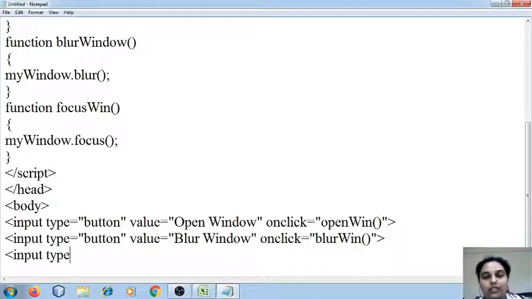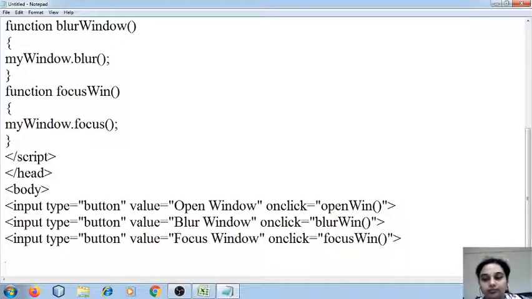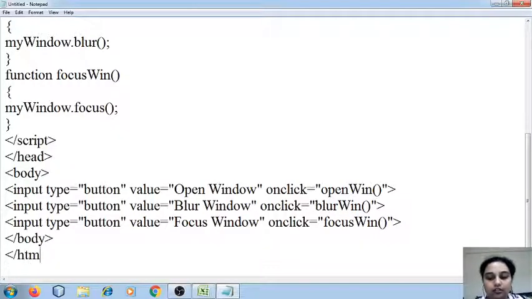And the last one is I want to create a button so that I can focus on the particular window. Value, focus window. So on click what do I want to do? Focus window. I'm going to close the body tag followed by the HTML tag.